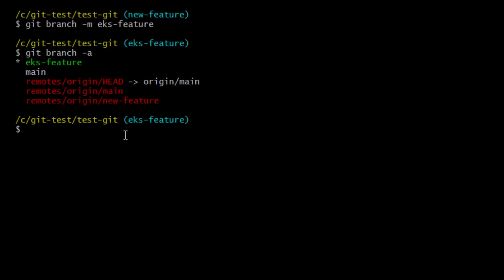So what we can do is git push, then a colon, then new feature and EKS feature. When you do this, we have to mention the remote, so that's origin.